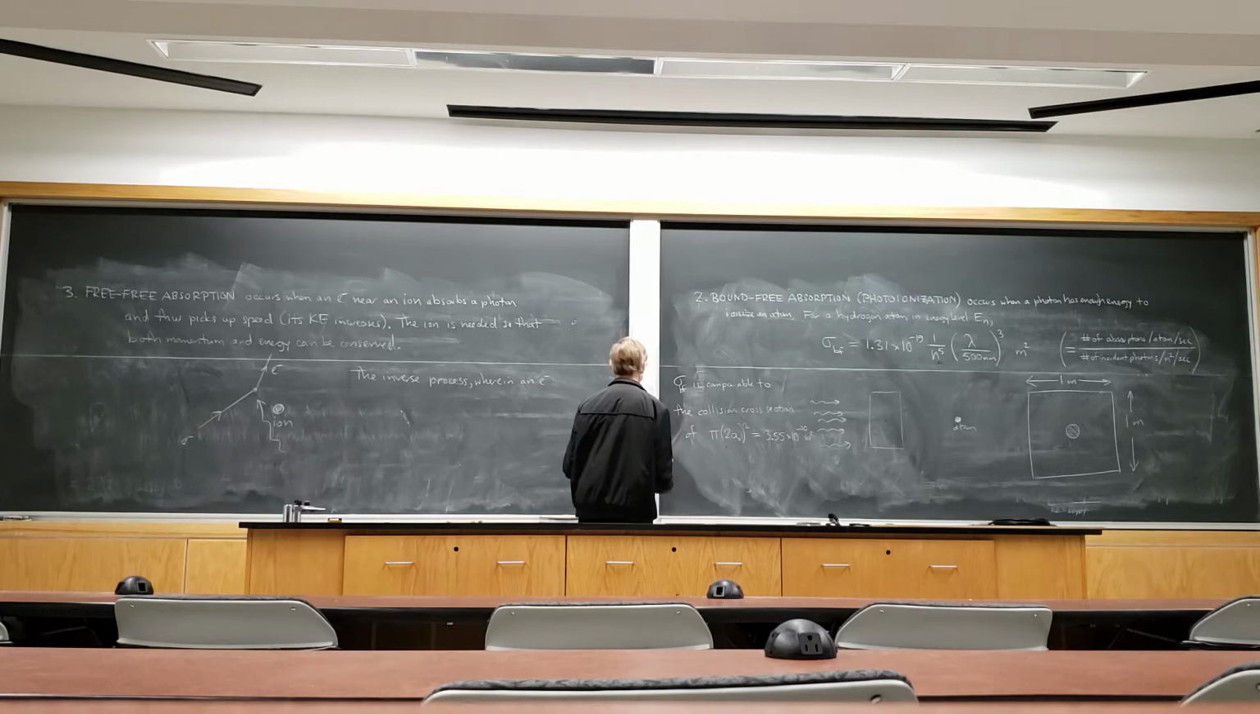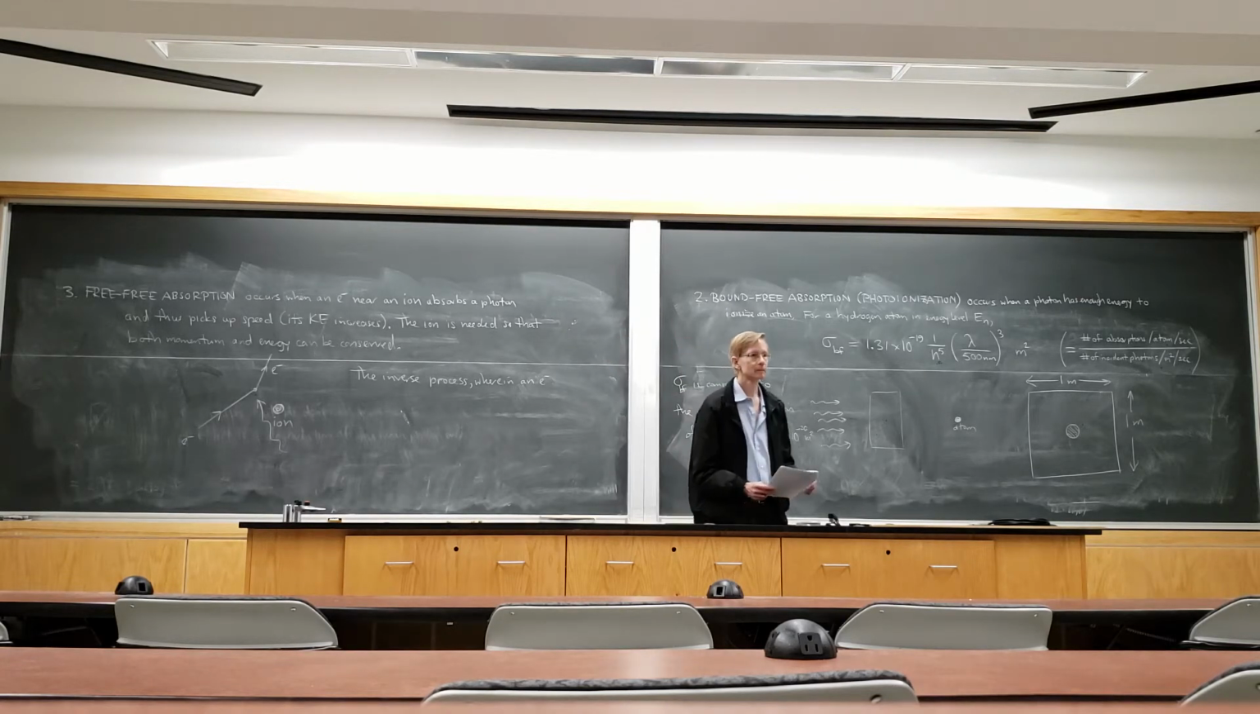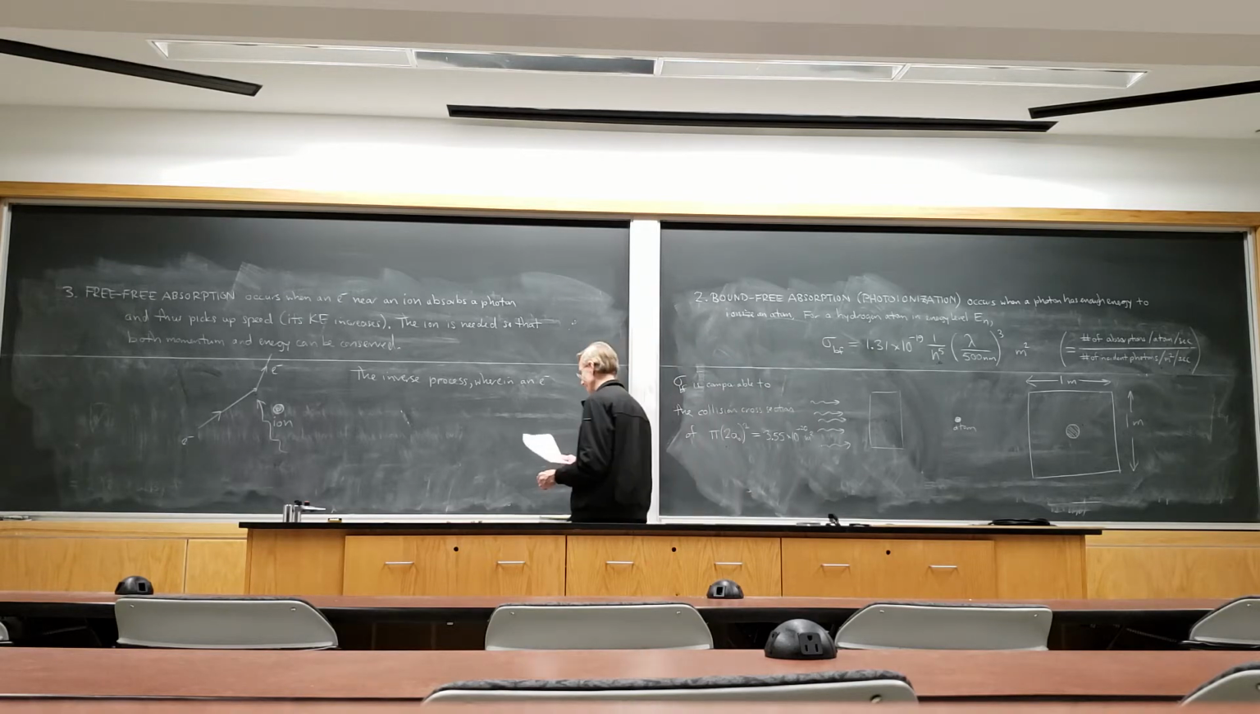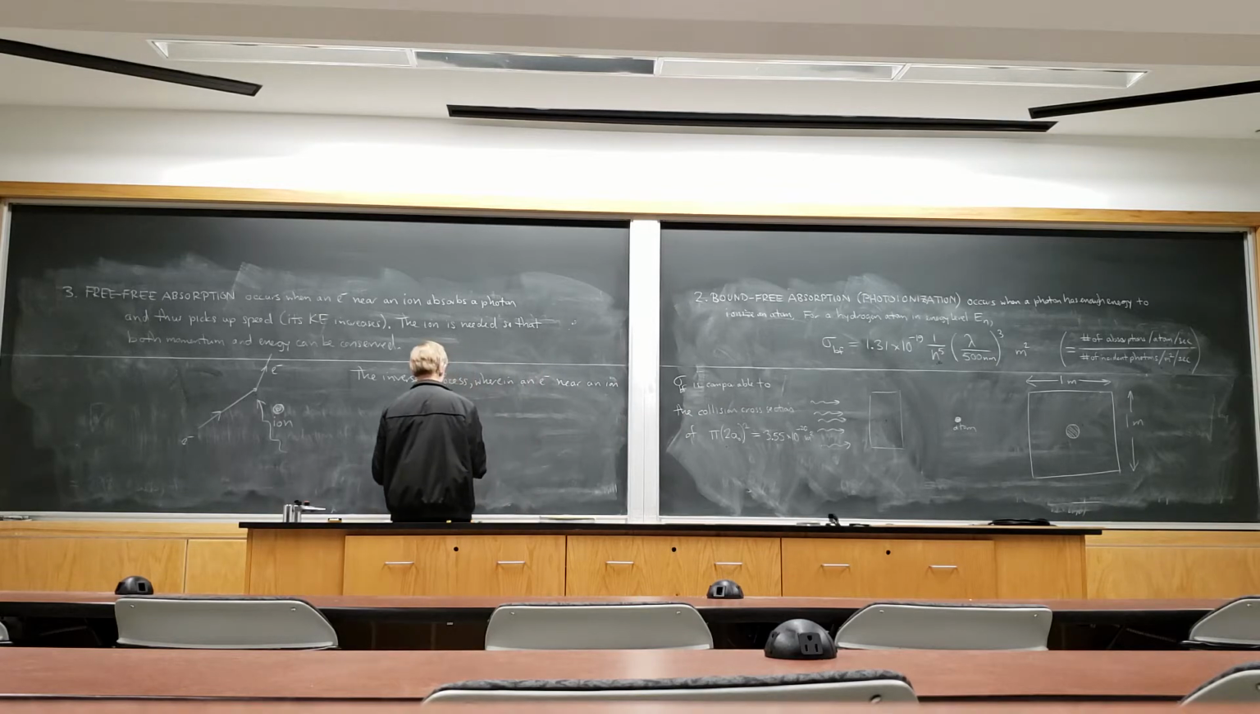At higher temperature, actually, electron scattering dominates. There's a fourth one we haven't talked about. That's next, and that's the one that dominates deep down. That's right, yes. So the inverse process, where an electron near an ion slows down and emits a photon,